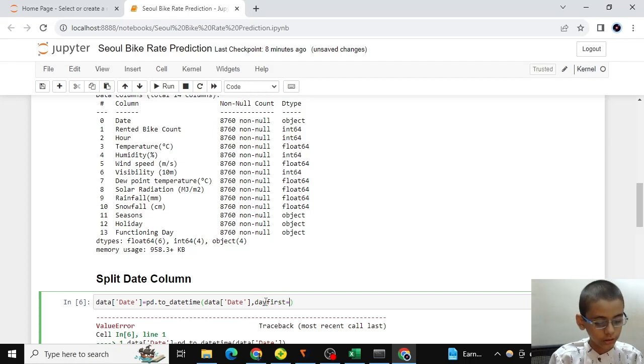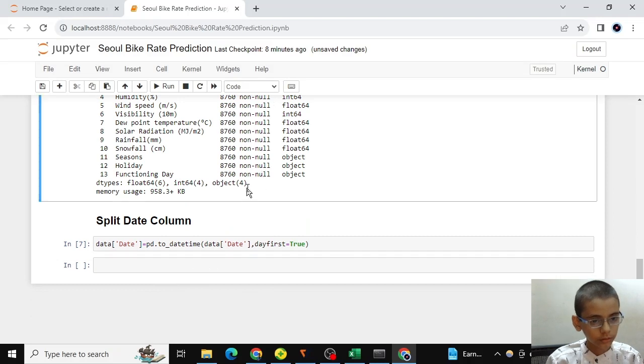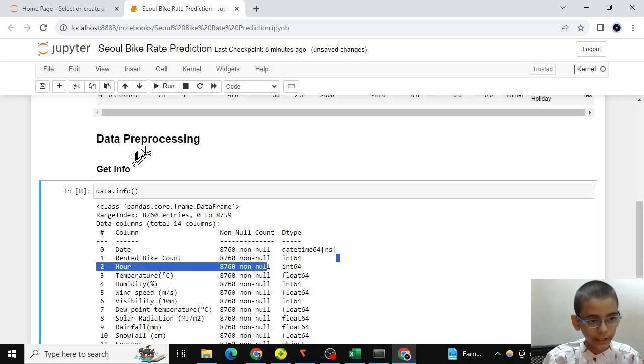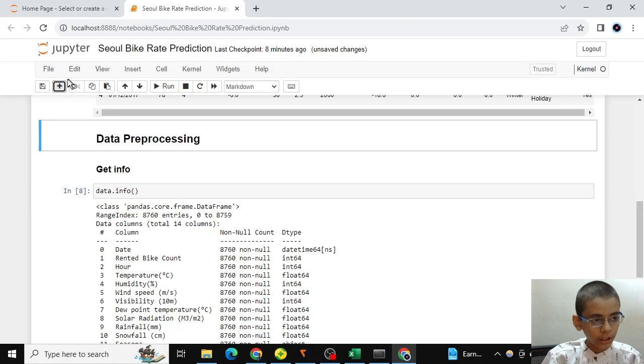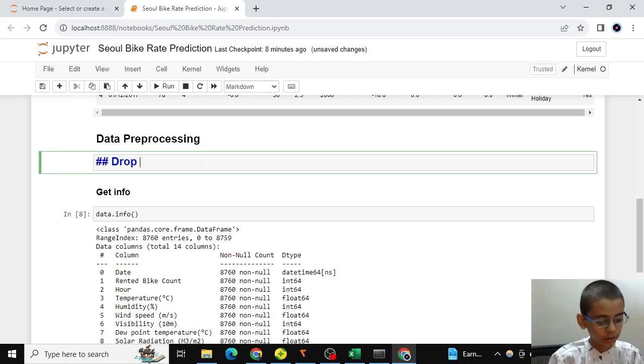Date first equals to, and we have converted that, and we forgot to do a thing: drop any duplicates.